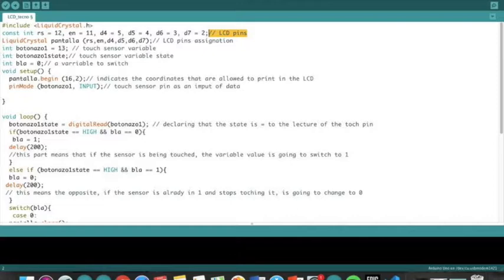So then we declared a touch sensor. We call it botonazo, and also we have to declare a state, to have a reading. What happens if that pin is something, and so on. That variable means that it's going to be our switch variable. The structure that we already explained in one video. So now in the setup, we have